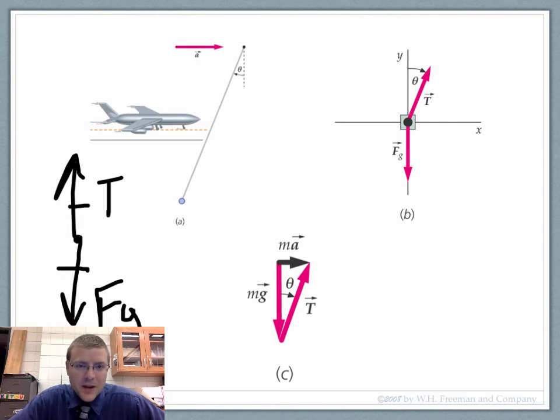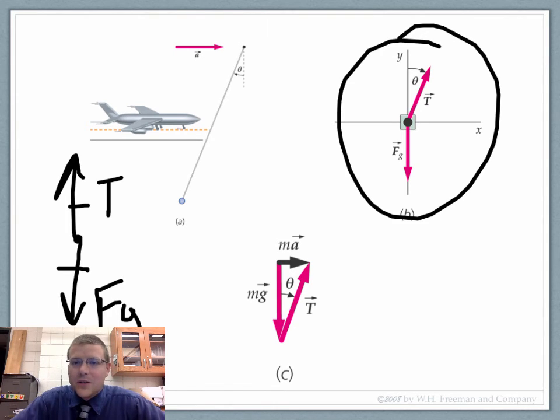Since the forces are balanced, we're not accelerating, so the tension must equal mg. However, when you start to accelerate, the ball's inertia will say, try to keep doing what you were last doing. So when you accelerate forward, the ball will actually move back towards you. And when it moves back towards you, you can measure that angle, and you can see the force diagram up